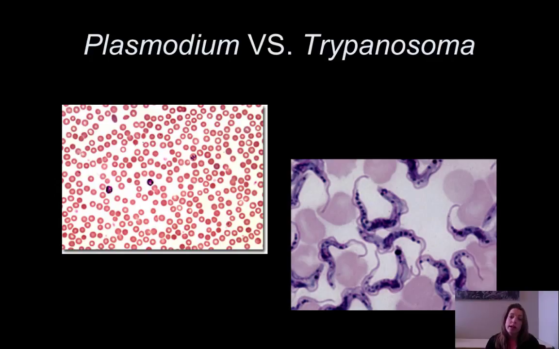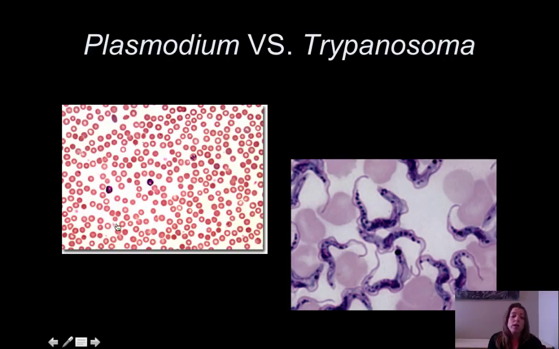This is an important slide for you to use while you're studying because it's going to allow you to compare the difference between Plasmodium and Trypanosoma. So Plasmodium is an alveolate, Trypanosoma is a euglenozoan. Remember, euglenozoans have that flagella that is prominent and visible, and they live in the fluid outside the red blood